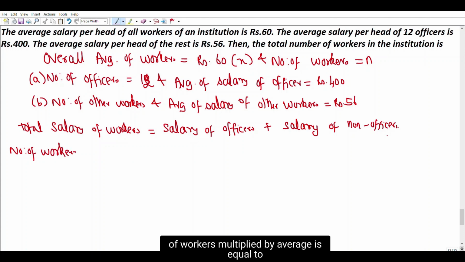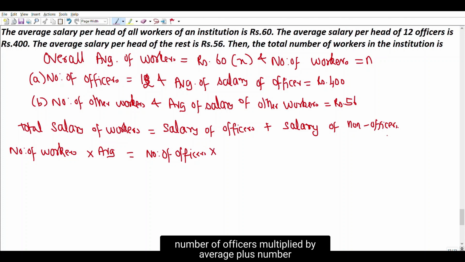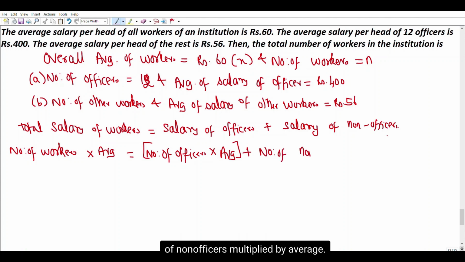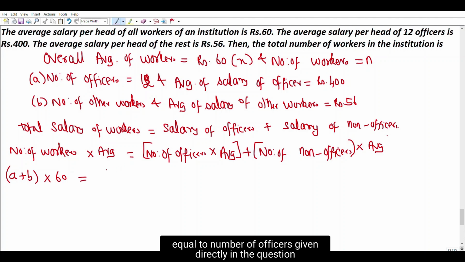number of workers multiplied by average, is equal to number of officers multiplied by average plus number of non-officers multiplied by average. So number of workers we assume as n, which is equivalent to number of officers plus number of other workers. Therefore, A plus B multiplied by average, given as 60, is equal to number of officers given